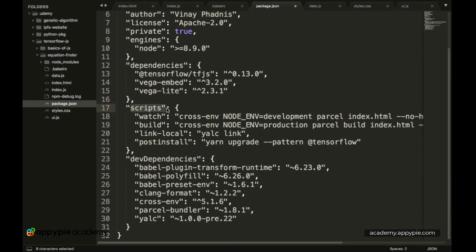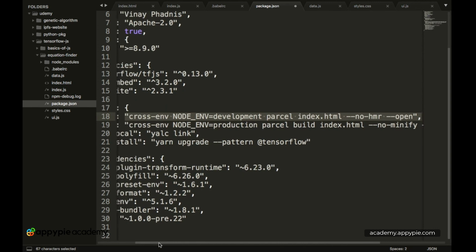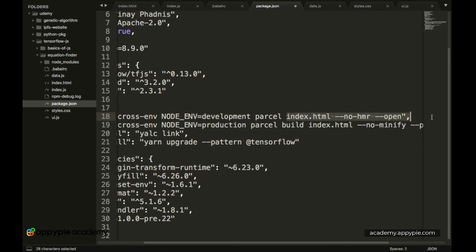Okay, so this is used when we basically use the yarn tool. Okay, we will have more on yarn later on. So basically we use the yarn word to run this particular package or this particular code, the entire HTML code, and it basically starts a new server at localhost and opens a new window on your browser. Okay, so then we'll sometimes be using yarn watch to basically run it. So these are basically the scripts which essentially set an environment variable, and basically it tells it to open the index.html in a particular browser.